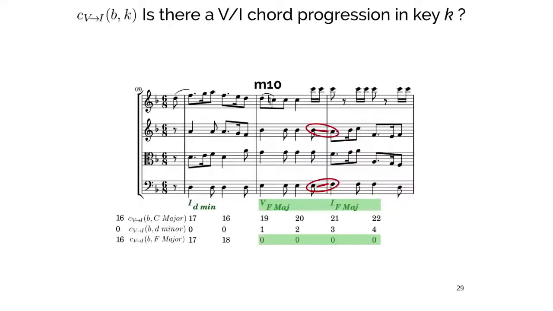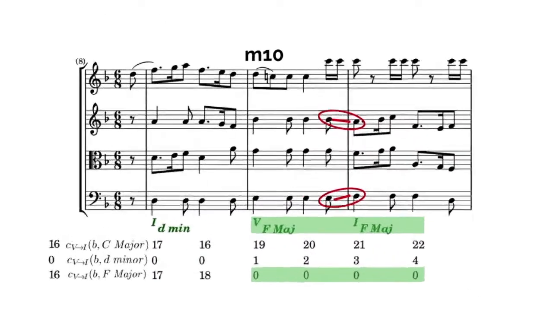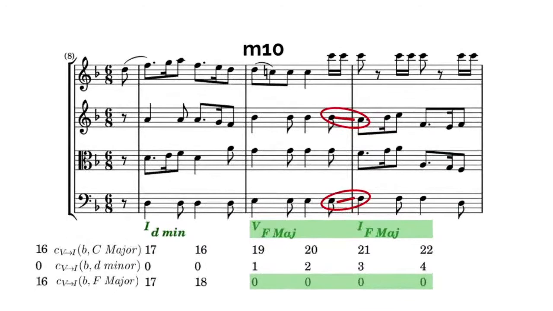Let's look at the modulation point. We define a distance to model how far we are from such a progression. The details are in the paper, but look here. We have zeros in F major, because we detected a dominant to tonic progression in F major. And we also have other values for D minor, because there is no dominant to tonic progression in D minor